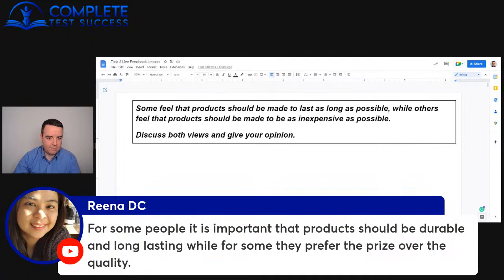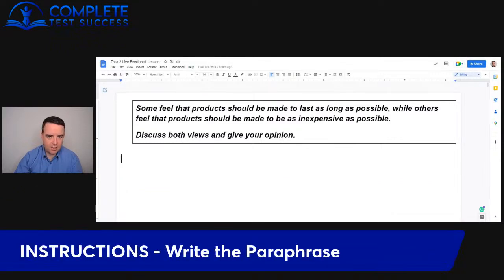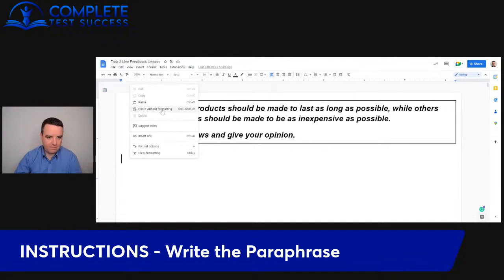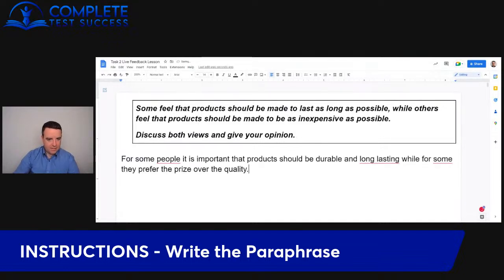Okay, so we have the first comment in from Rena. So what I'm going to do is I'm going to copy Rena's answer into our document that I have on screen, and I'll just tidy up any mistakes. If you're not finished your paraphrase, please continue, and I will have some feedback for you once you share it. Okay, for some people, it is important that products should be durable and long-lasting, while for some,